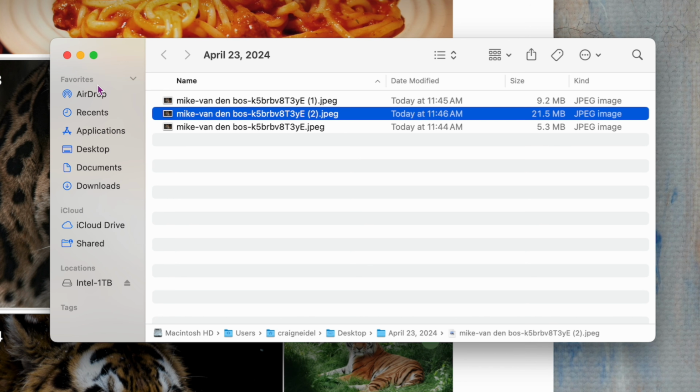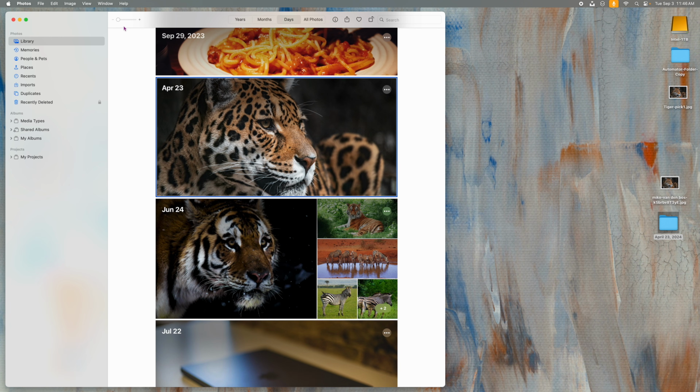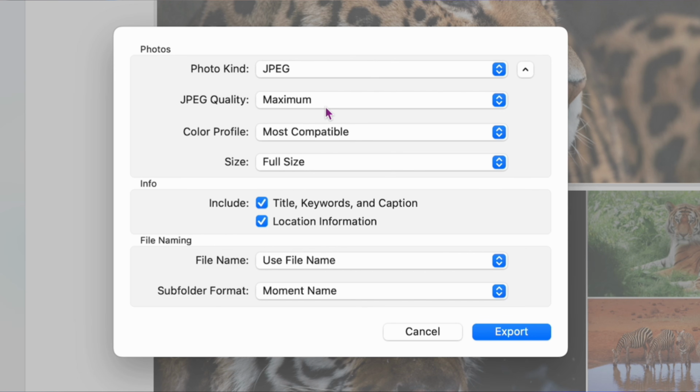So if you want to get the best quality of the image, to send to somebody or for backups and stuff, you probably want to go in and have Apple use its algorithm when you export something. You want to go into, again, File, Export one photo, and you probably want to choose right here, maximum. You're going to get the biggest file size for sure, but it's going to give you the best quality